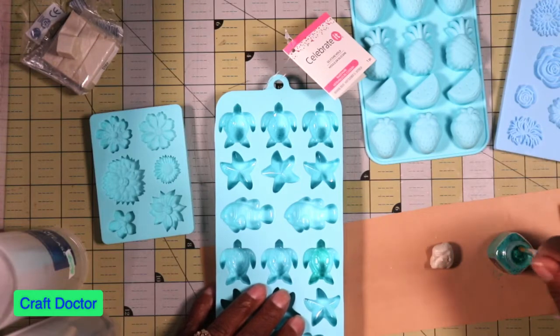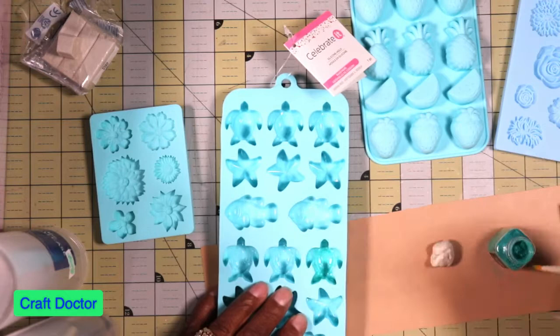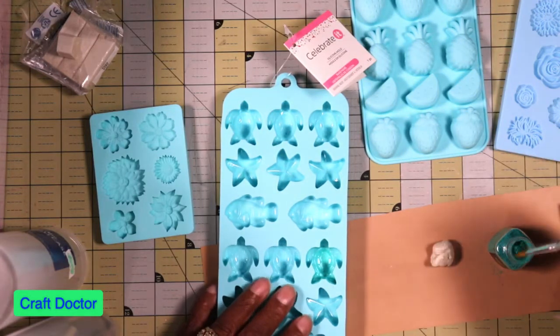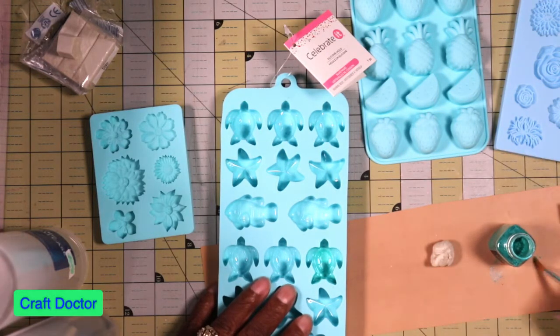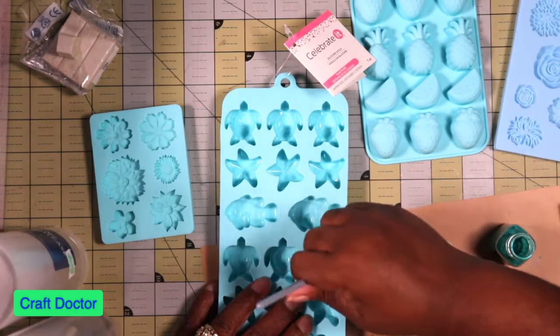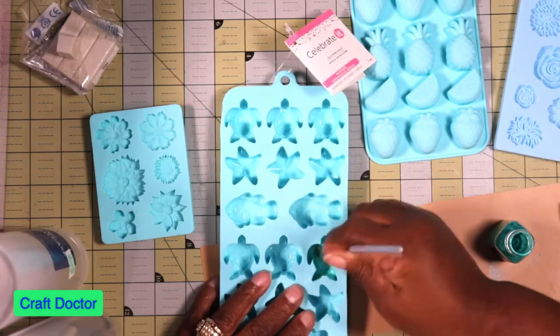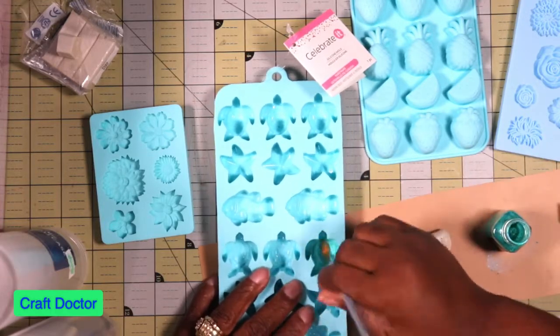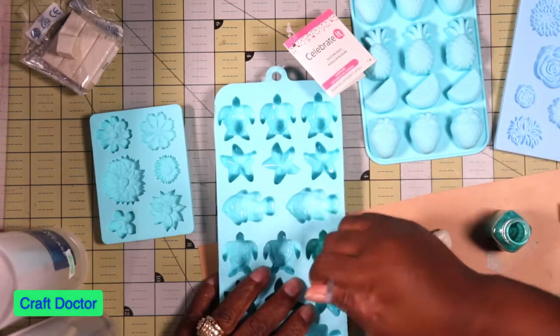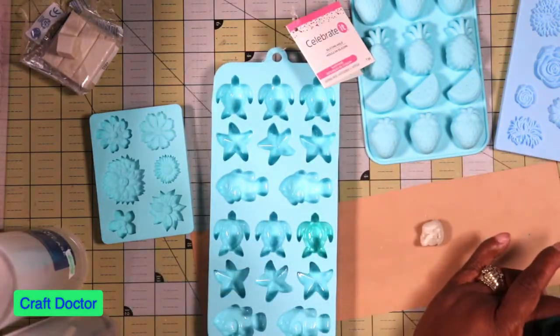Because you can have the tallest, cutest ever Coverminders, but don't try to put anything in the back, because if you put something in the back of them, then it'll make them too thick. But the front is fine. I've seen some Coverminders that stand tall as can be. I'm like, I be thinking it's gonna be too tall for the paper or something. But okay, so I just dusted that,